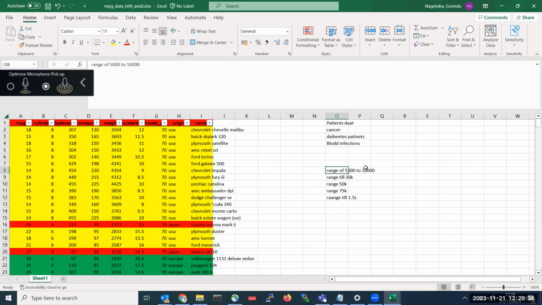So if I'm having a capacity of 5,000 to 10,000, if I get an offer on a 10K mobile, immediately I will buy. So if the person is having a range of 1.5 lakhs, if he is getting an offer on a 1.5 lakhs mobile with a 10K offer, immediately he will also buy.